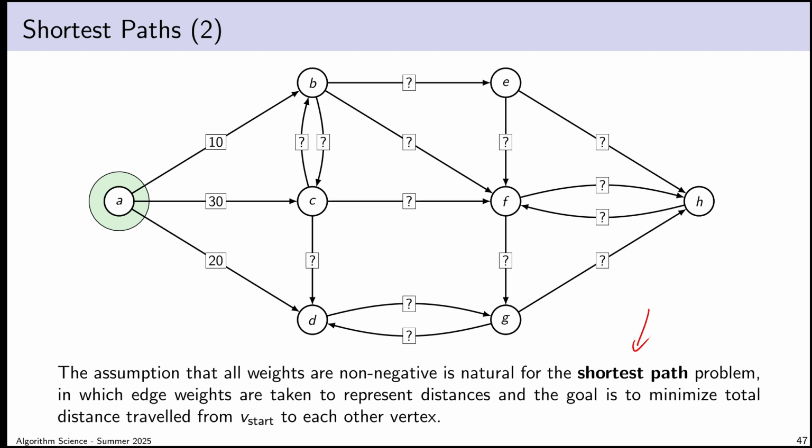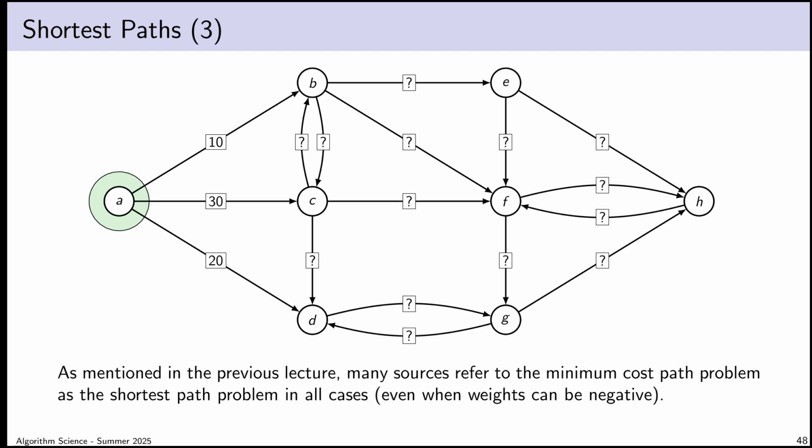That is, we no longer have to worry about this weird situation of there being a negative distance, which makes no physical sense. And so this is much more natural if we wanted to talk about the minimum cost path problem in terms of distances and call it the shortest path problem. And as I said, many sources do that. That's how they present this problem, as the shortest path problem where the edge weights represent distances. And that's fine. They're welcome to do that. And when you have no negative edge weights, that modeling makes more sense.